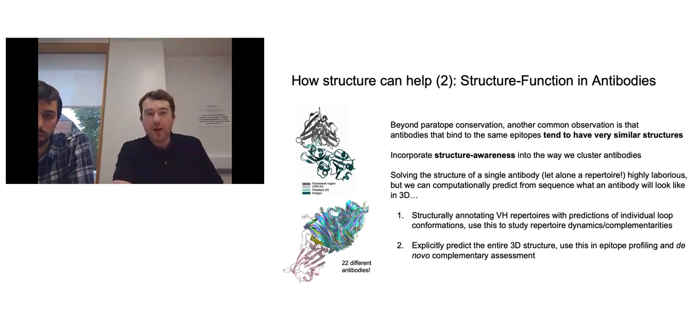So can we annotate a sequence with what the CDR loops are likely to structurally look like? And based off of that, can we say something about the structural dynamics within that repertoire, both in terms of what it is likely to bind to, but also how much diversity is in there? Can we infer any information about the source of that repertoire? Was it from a naive repertoire? Was it from an experienced repertoire? Something like this. From there, we're going to move on to talking about how we can model the entire 3D structure of the antibody, and use this de novo in predicting that this specific antibody is likely to bind to this specific antigen.